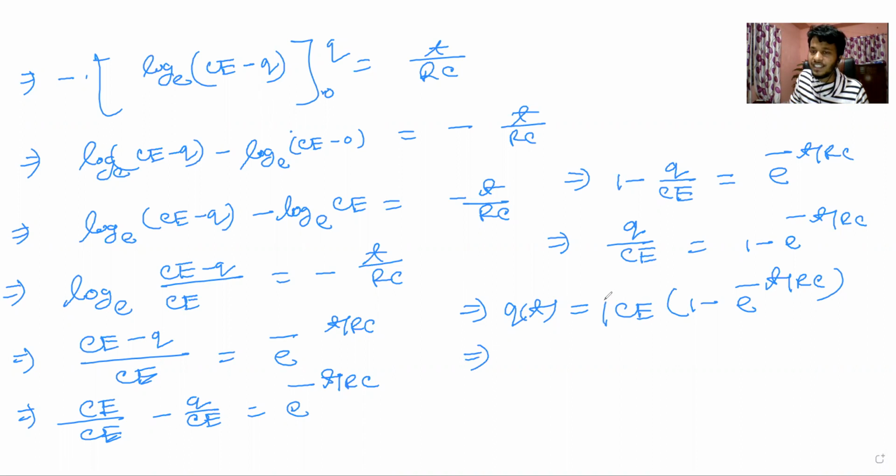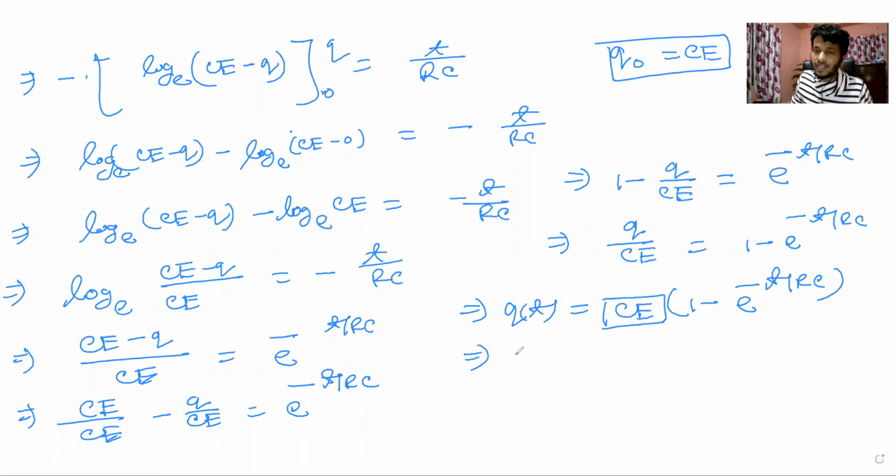So now what is C? We have Q naught, the maximum charge. Q naught equals C, isn't it? We have already seen that Q naught equals C. And what is Q naught? Q naught is the maximum amount of charge that can be stored on the capacitor, when the capacitor stores the maximum amount of charge under steady state condition, right?